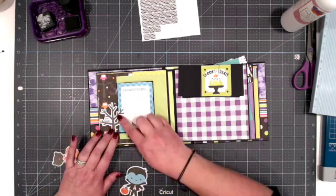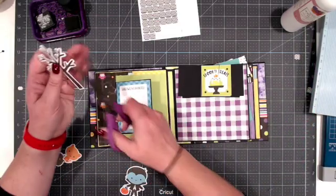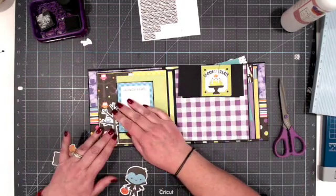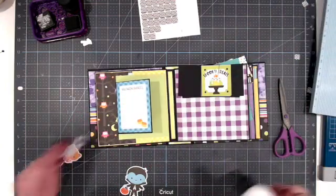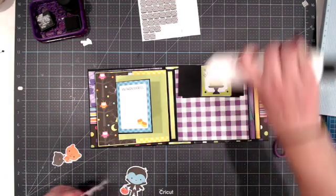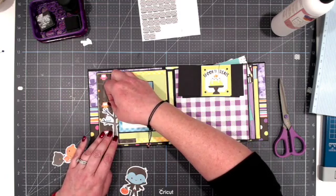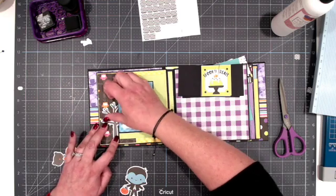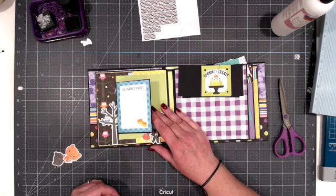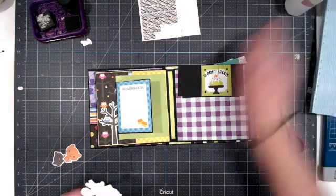Okay. So this little tree we're going to set right here, but we need to cut off a couple of little branches. So I'm just going to trim those off. And this is going to sit right here. We're going to go ahead and glue him down. Okay. Our little vampire is going to sit right over here. We're also going to put him down flat just because,